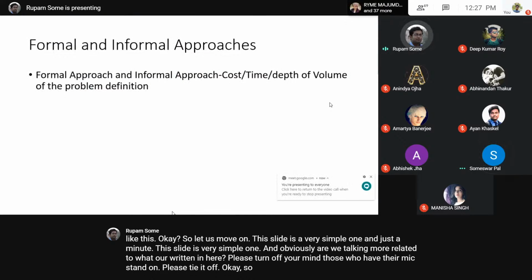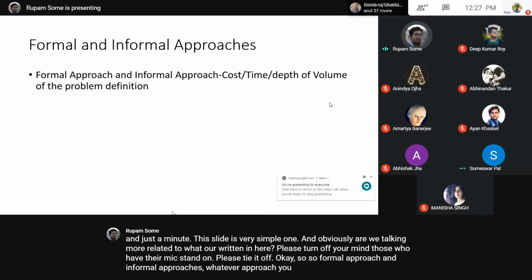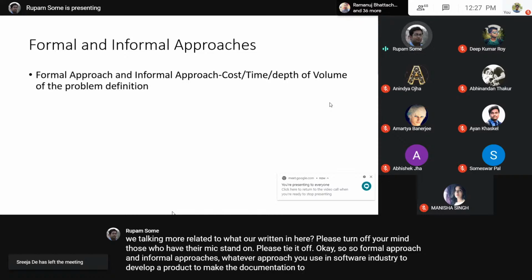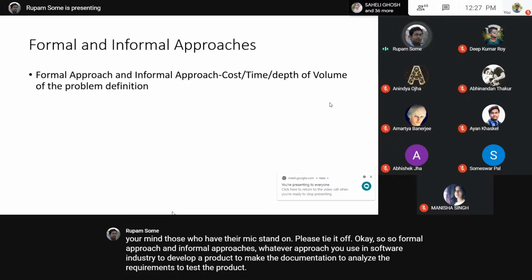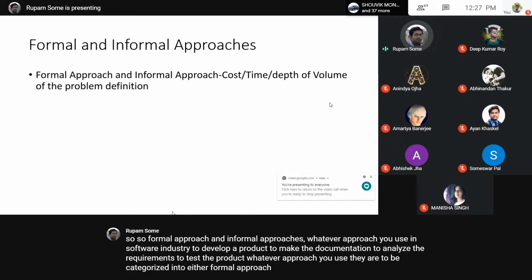So formal approach and informal approach: whatever approach you use in the software industry to develop a product, to make the documentation, to analyze the requirements, to test the product, it is to be categorized as either a formal approach or an informal approach. Formal approach means